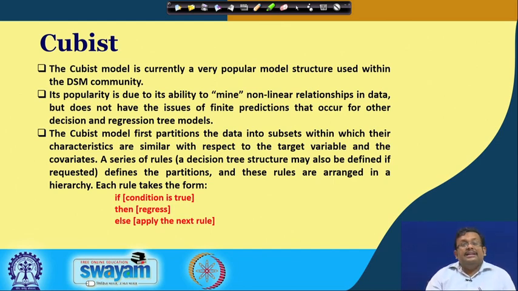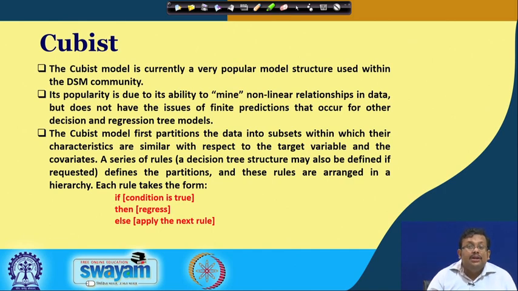The Cubist model is currently a very popular model structure used within the DSM community, and its popularity is due to its ability to mine nonlinear relationships in the data, but it does not have the issue of finite prediction as we have seen in the case of classification regression tree. The Cubist model first partitions the data into subsets within which the characteristics are similar with respect to the target variable and the covariates, using a series of rules. For example, a decision tree's structure defines this partition, and these rules are arranged